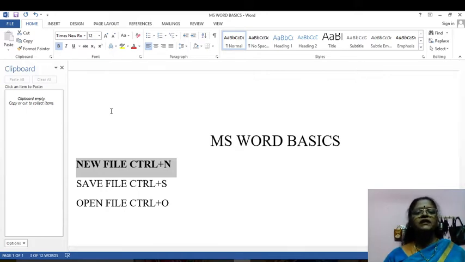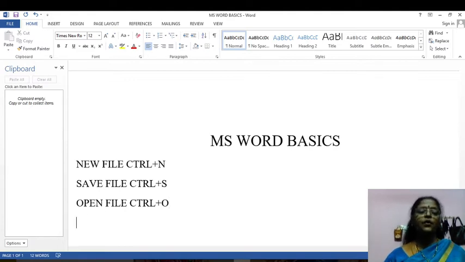Again, I don't want this bold. I want to go back to the same as before. So again, I just click Control plus B. That bold will be hidden. So these are the two methods of how I can change the bold. So bold, and what is the shortcut key? Control plus B. This is the shortcut method.